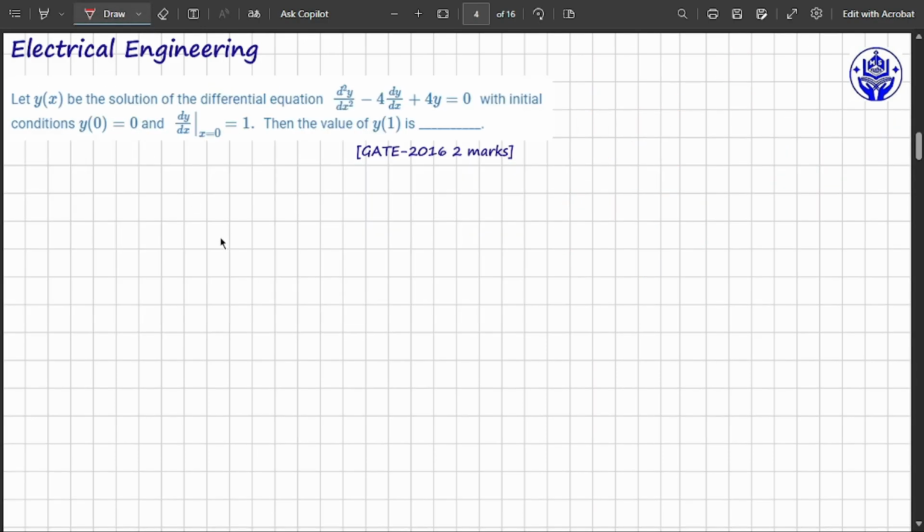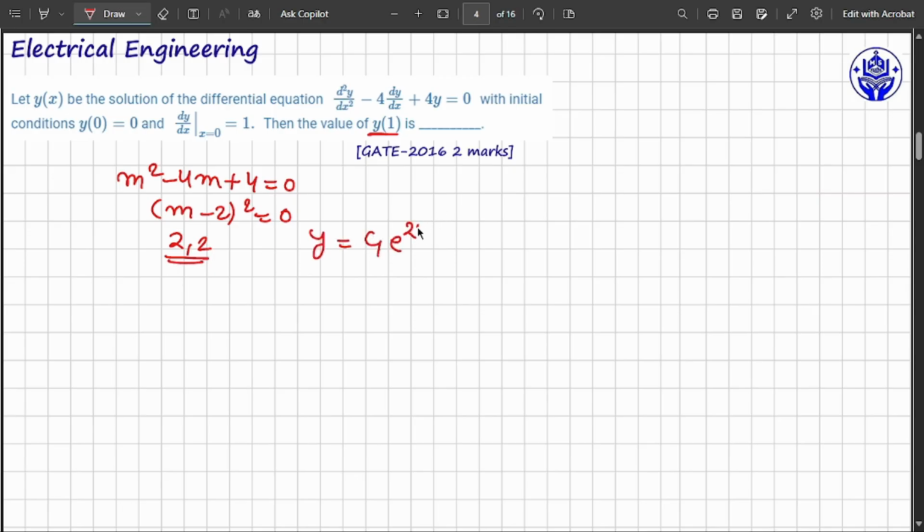Next, we'll have a differential equation. In this, y is the solution of the differential equation with the initial conditions given, and what is y1 here? So this is nothing but m square minus 4m plus 4 is equal to 0. Then here it is m minus 2 whole square is equal to 0. Then the roots of the characteristic equation are nothing but 2 and 2. It is a repeated root, then my y is equal to c1 e to the power of 2x